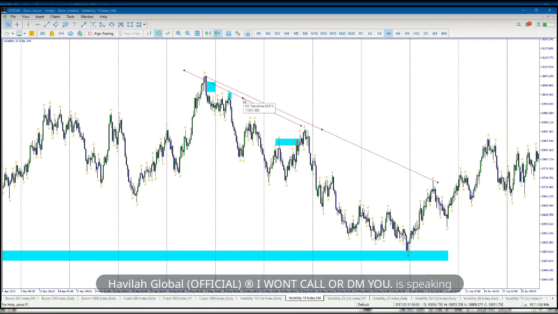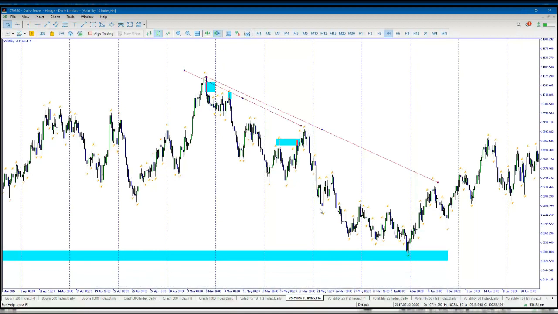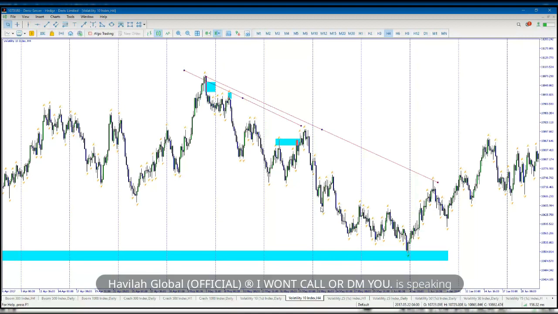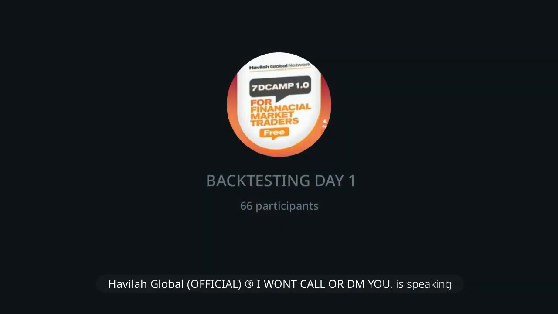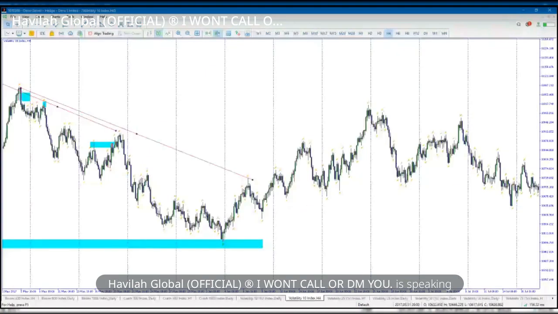Never joke with them. No matter how sweet your setup is on the lower time frame, if you are having higher time frame POIs, be careful with the sweet and juicy setup that you'll be seeing. So what happened here? Price broke structure and still came down. So what are we seeing here? We are seeing the tap of the POI and then a break of structure.